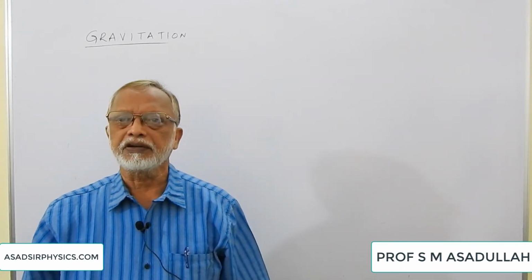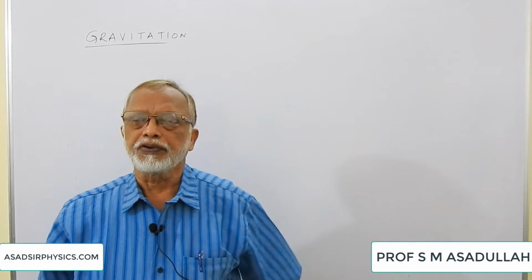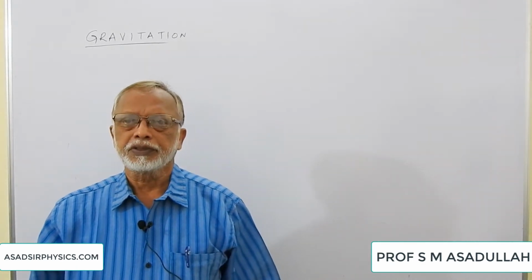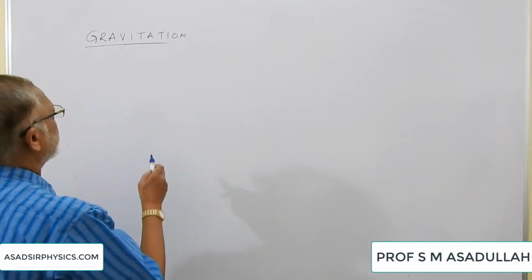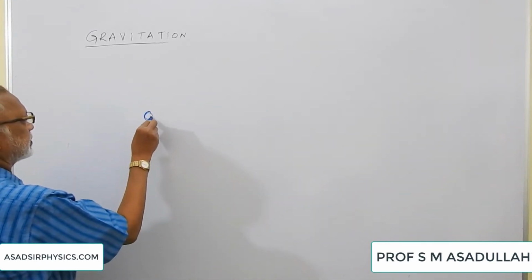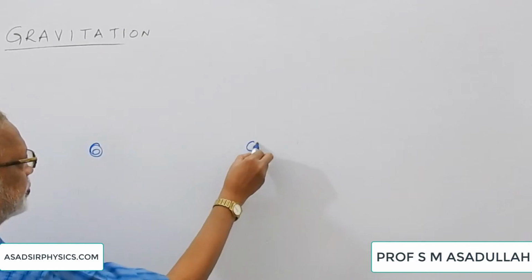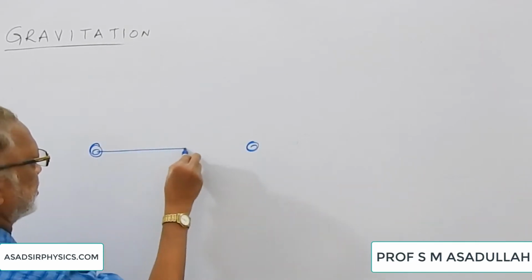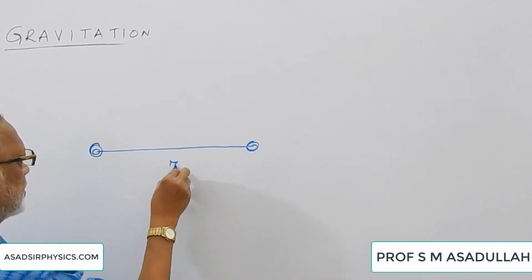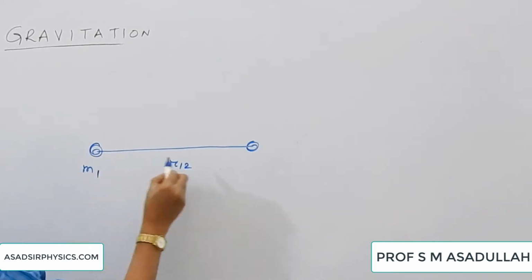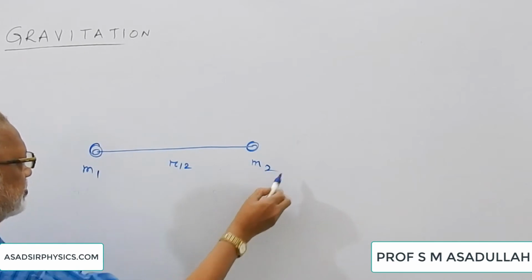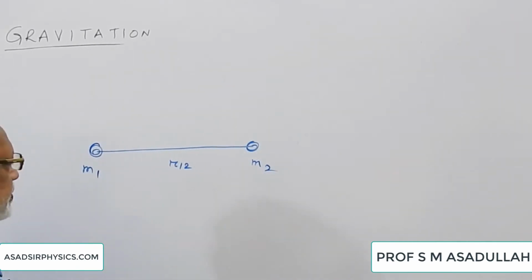to find the gravitational force. So far we have considered only two bodies. There we have seen that if you have got two bodies of masses m1 and m2 separated by a certain distance, let us call it r12, this is of mass m1, this is of mass m2, then there will be